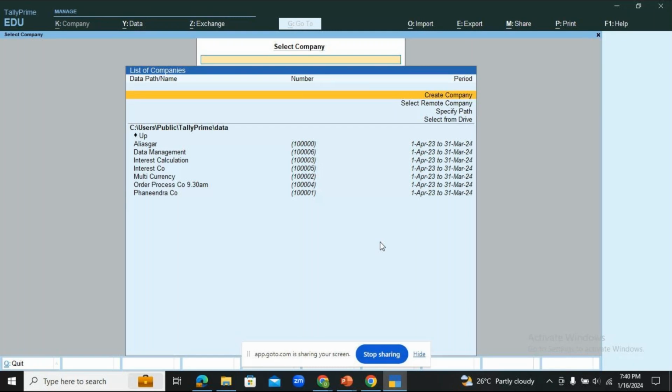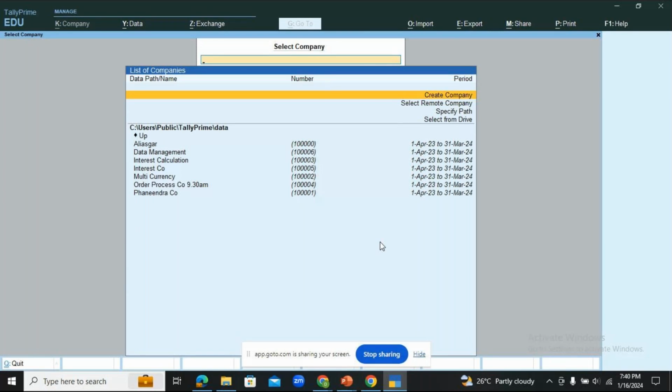Okay. Suppose you have to move upwards or downwards, you can use the arrow keys. One more option is there. You can also use the backspace at the end, but that is only applicable in few situations. Most for you, more easy to operate would be the arrow keys. So you can use the arrow keys to move up or down, and enter to select any master or any feature. Fine. Hope I'm clear with that.